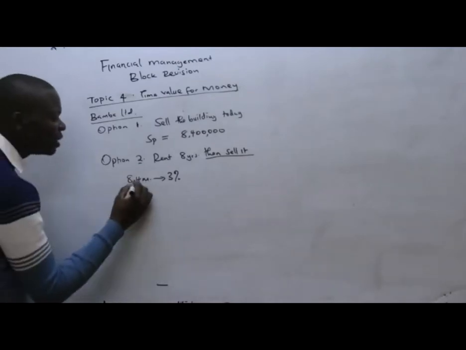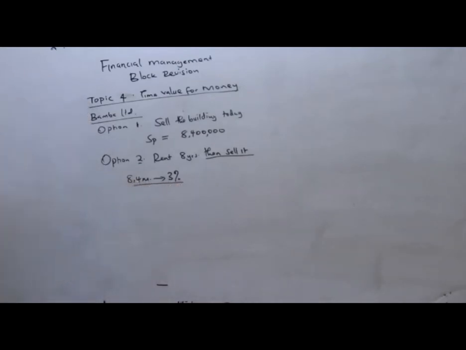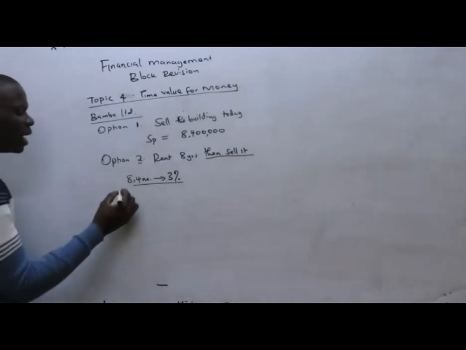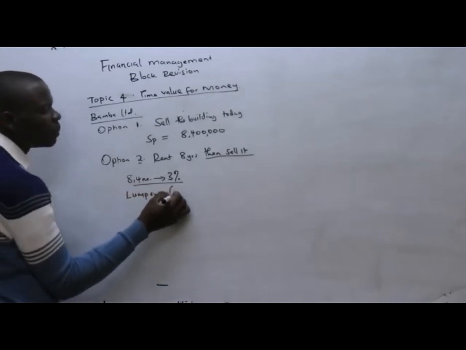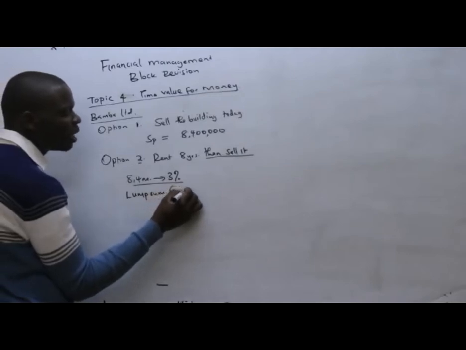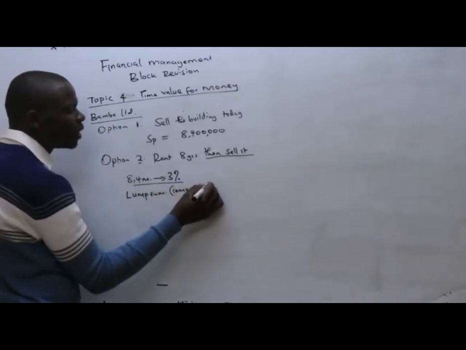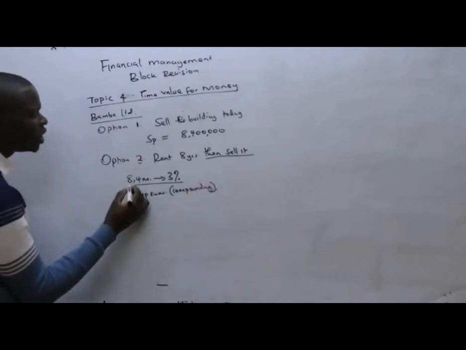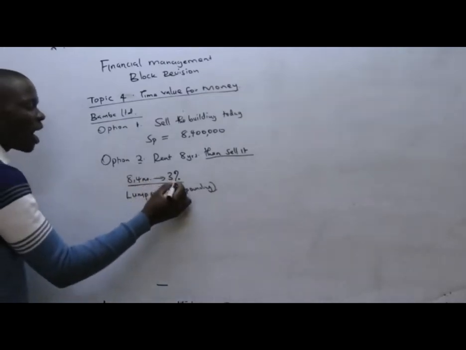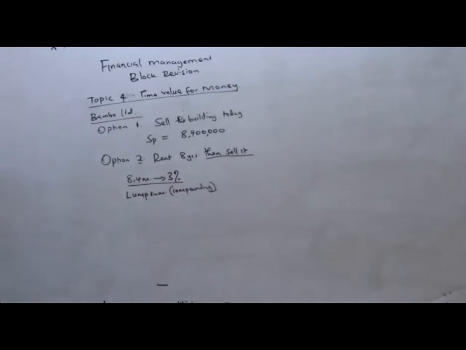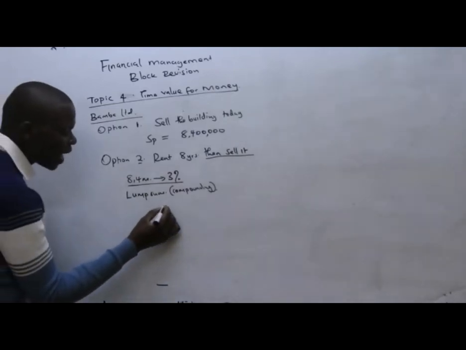So, to determine this, we need to use our compounding formula, and to be specific, the one for a lump sum. It is compounding for a lump sum because we have 8.4 million, which is a payment or receipt at the beginning, a fixed amount, with the growth coming at the end of each year. So we have an increasing rate of 3%. So we shall say 8.4 million